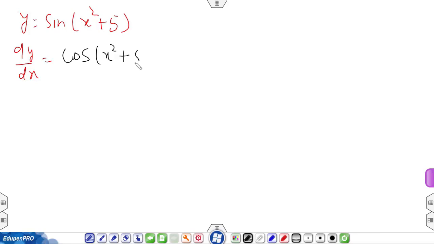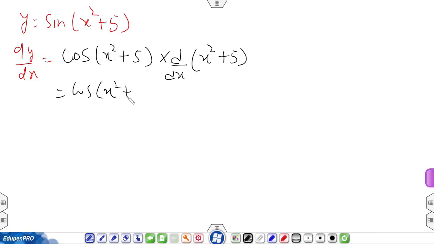Listen. Now your first question is y equals sin(x square plus 5). Listen carefully. As you have done, y is a function of x, so we can find dy by dx. All of you know the derivative of sin x is cos x. So sin x becomes cos x, into always the derivative of the bracket. And what is written inside the bracket? x square plus 5. Cos of x square plus 5 as it is.